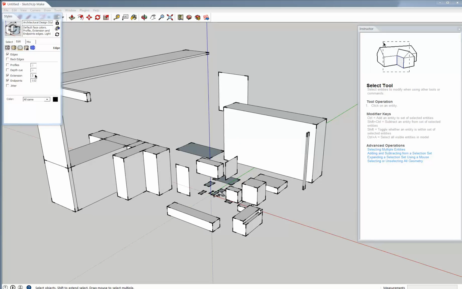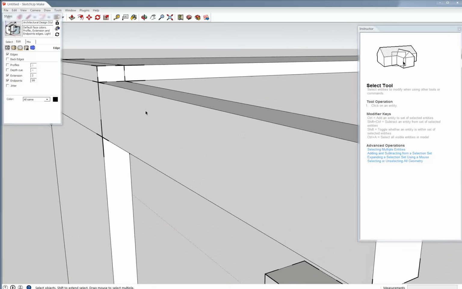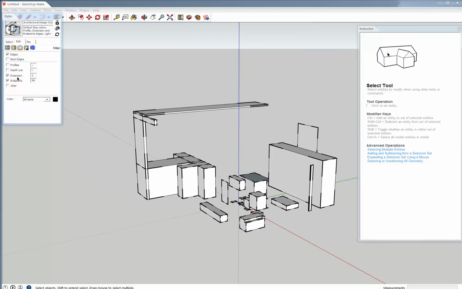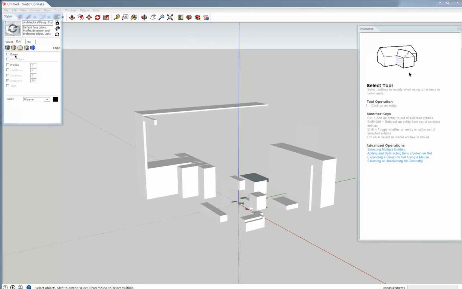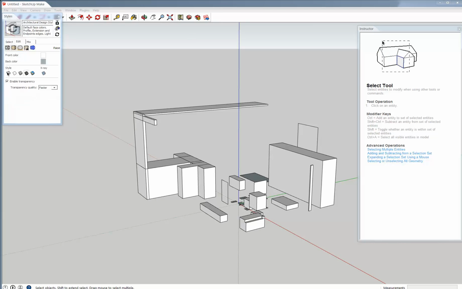What's the maximum I can go? 99. Huge. So that looks kind of quite weird, right? That actually might look kind of interesting. Profiles on and off. And you can also change the sky, like take the sky off, change the background color,